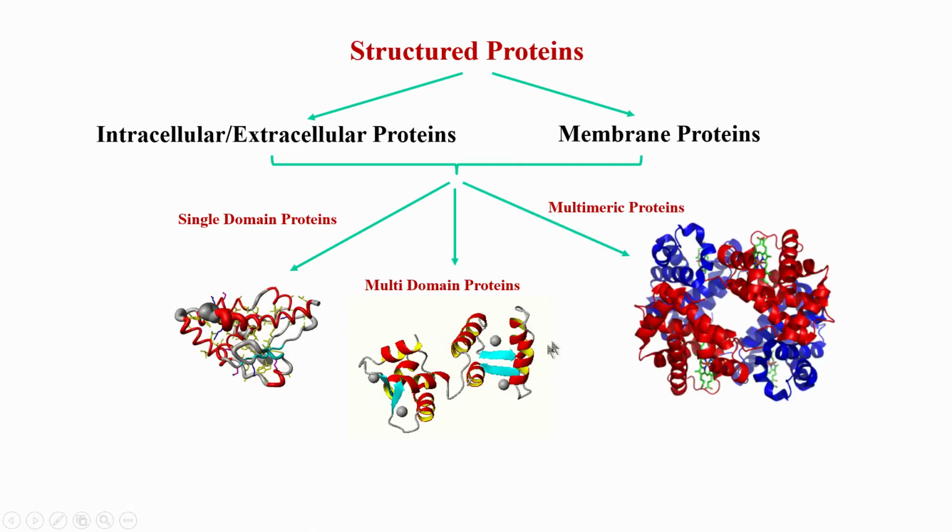Then you can have another type of structure where different units, for example, take this single domain protein, multiple units of single domain protein, associate with each other and form what is called a multimeric protein. So, multimeric proteins are those which have multimers: trimer, tetramer, dimer and so on. This is an example of the famous hemoglobin molecule, which is a tetramer in the functional form. So, this is how many proteins work; they do not have a single unit, they have either multiple domains, or 2 or 3 or more.